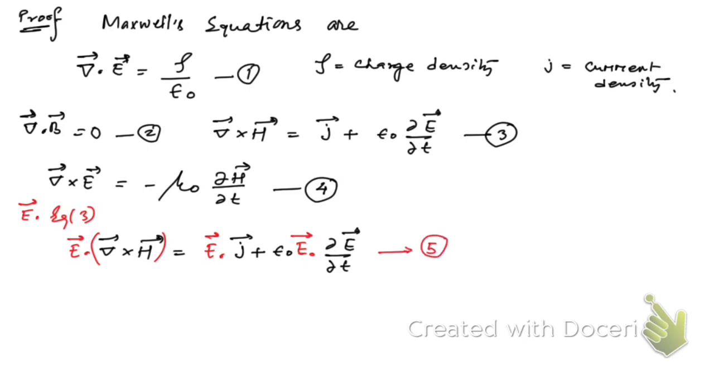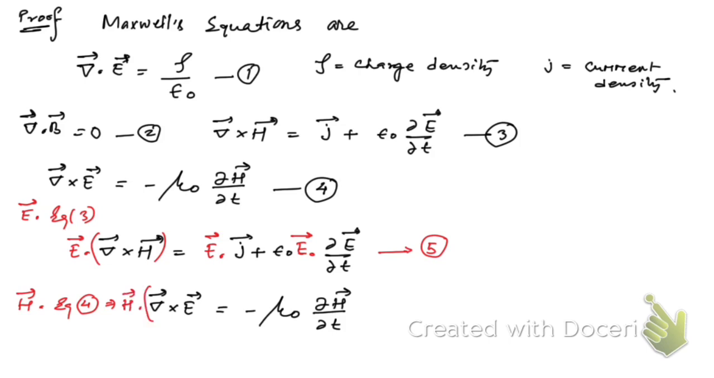Similarly, if you take H dot equation number 4, taking the dot product on both sides of equation number 4, then what are you going to get? So let me copy equation number 4. Here you see this is equation number 4. If you take the dot product,